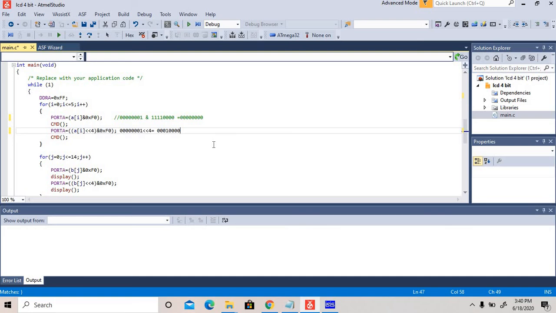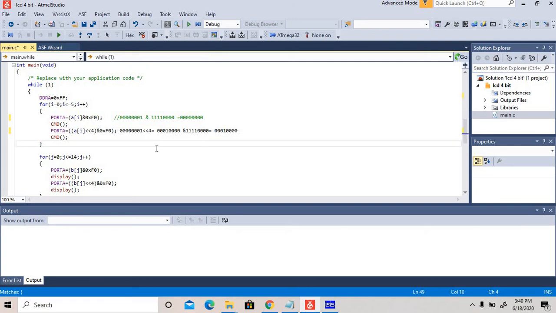Then the ending of this is 1 2 3 4 0 0 0. The output will be 0 0 0 1. In this case, the meaning of this one is first go to these 4 bits, after that go to these 4 bits. Okay, first go to these 4 bits.